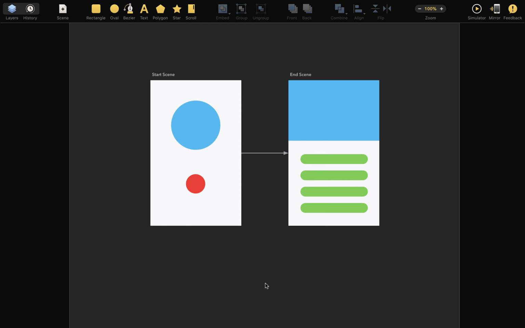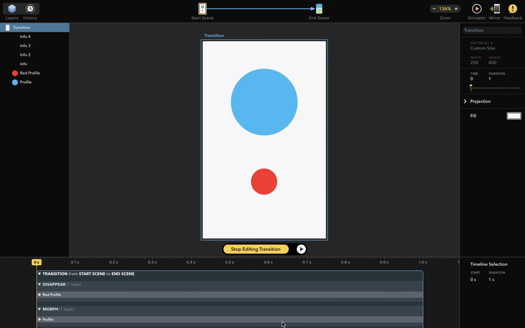In this tutorial, I'm going to show you how to customize your Magic Move transitions. Let's start by selecting the transition here. You can edit the transition by either double-clicking this transition arrow or by clicking on the yellow Edit Transition button on the bottom here. So this is our transition editor,